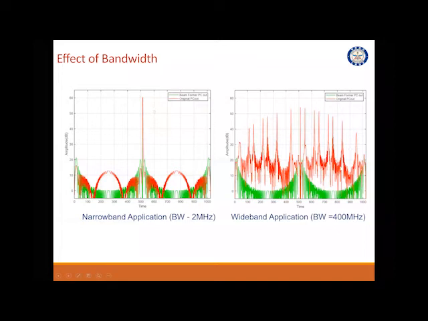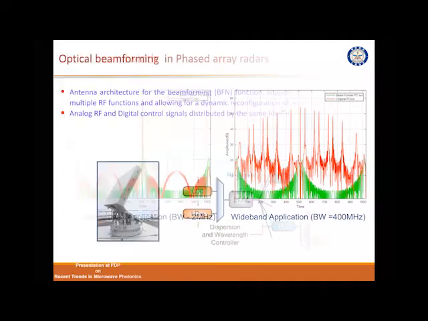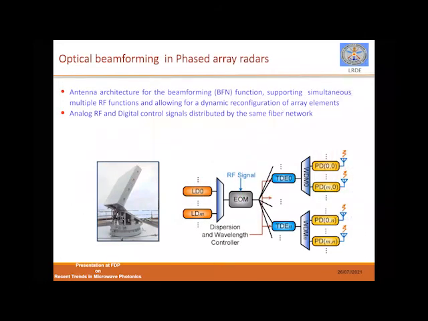But the moment you go for an imaging kind of application, where even a rough idea over the target should be there, you will see this beam squint effect. Because of that, the signal gets distorted. Now, another solution to this problem is to do everything in the optical domain itself, rather than using a combination